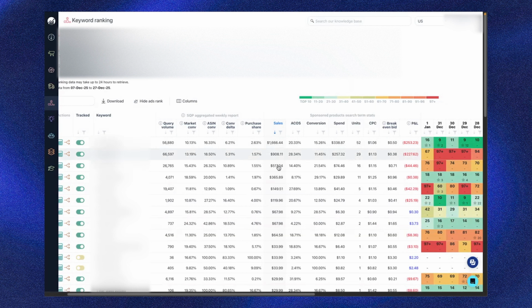strong sales. We clearly have sales velocity here. We have a relatively good ACoS here. For example, 28%, relatively inefficient, but could be worse. But here 8%, 40%, 9%, 4%, and look at the purchase share here, only 5% of all revenue in the market. We only get 4% of the pie. And obviously, as a brand owner, PPC specialist, you want to have a bigger share of the pie, right? So I like to look at the following filters.